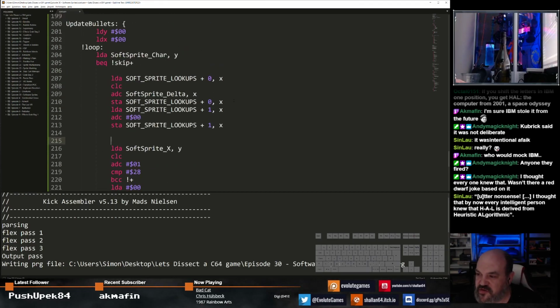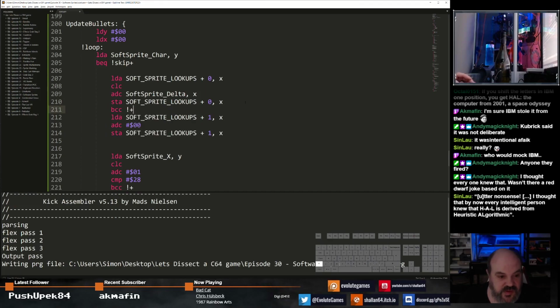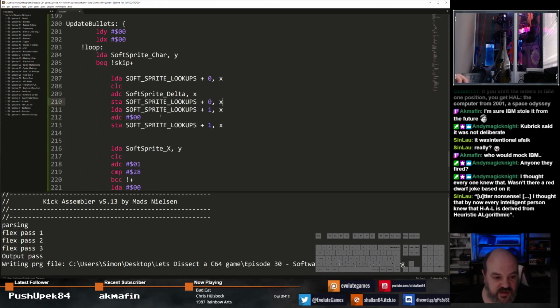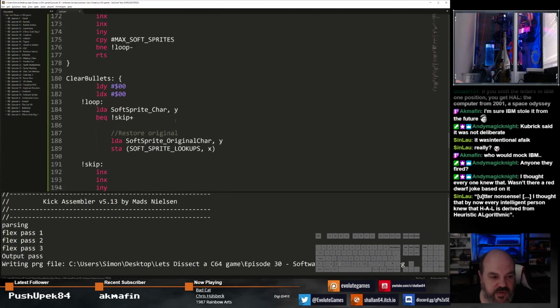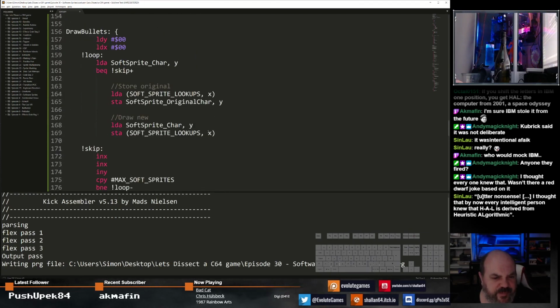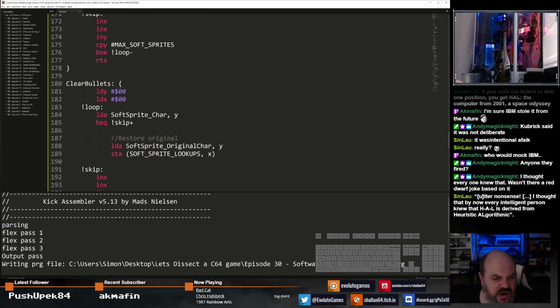Yeah, as Foray said, you could use BCC to skip this as well. So you could do it like this, and then just do increment here instead. The reason I'm doing it like this is just because this delta could go in either direction. So for now, I'm just going to leave it like this. But yeah, you could do quite a lot to speed up these routines. I'm just trying to work out why